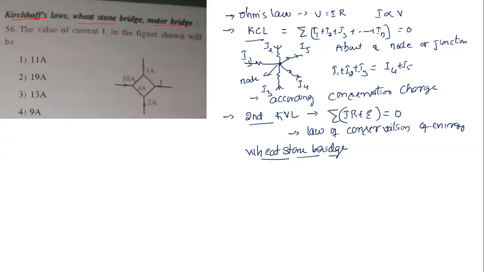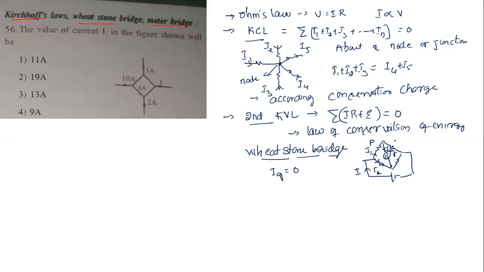So a simple diagram for this, how does it look? It looks like this. It is connected to a battery. So current is going to flow here, like this let's say I1, like this let's say I2, and current through the galvanometer IG. This circuit is balanced when the current through the galvanometer becomes 0.